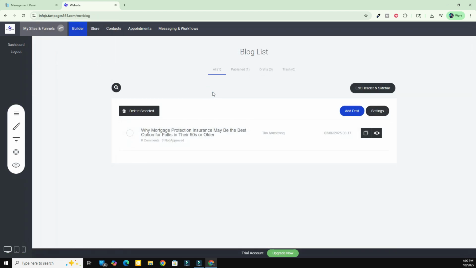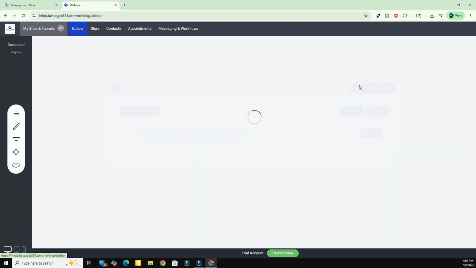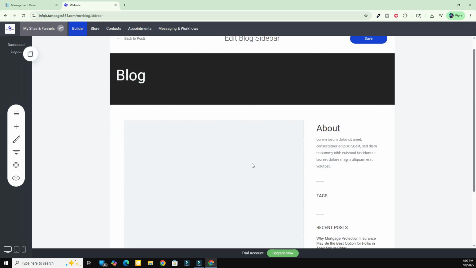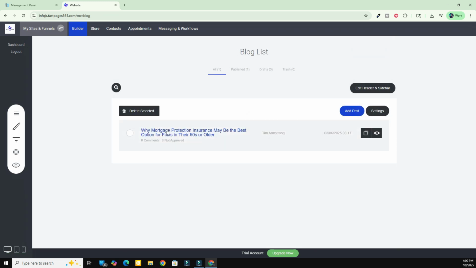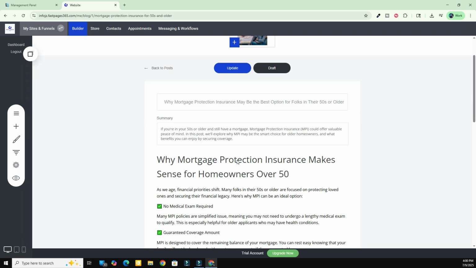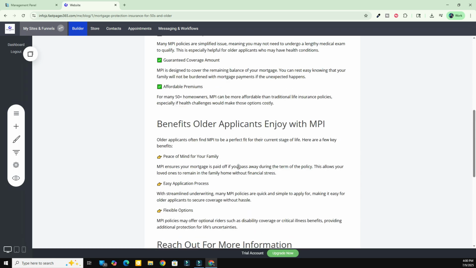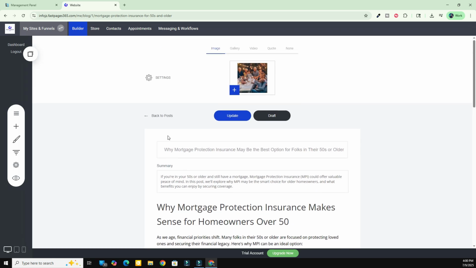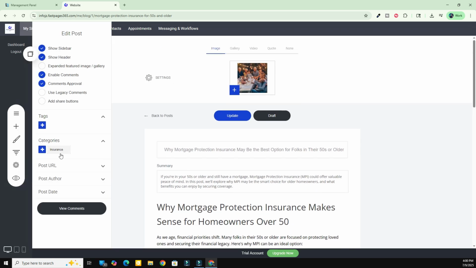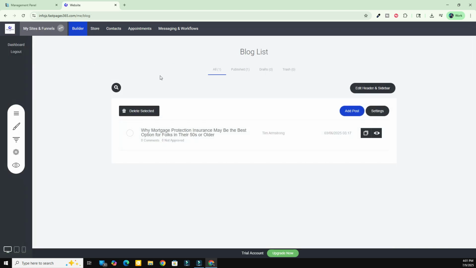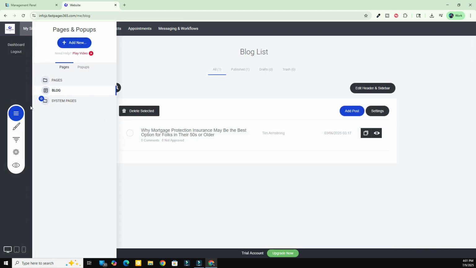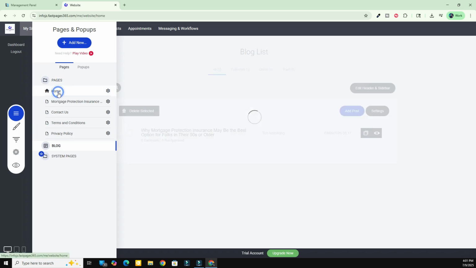And you can see when I click into the blog section, there's an edit a header area where you can edit this. You're going to want to change your about. We're going to go back to the posts. And then I've set up a basic placeholder type of a blog article that's just in here to give you an idea of what it looks like. You can click into the settings. There's settings over here too for tags, categories, URL, when you want it to post, all that stuff. So let's go back to the posts and go back to the pages, and let's get started on this home